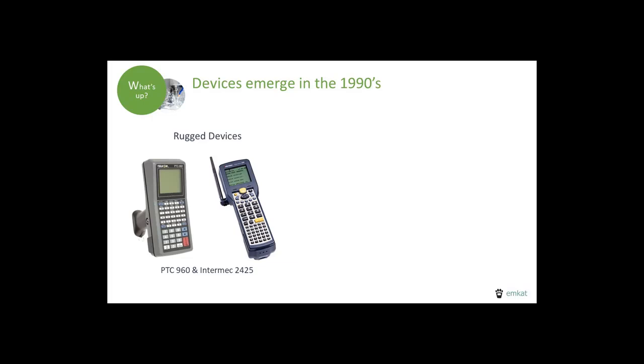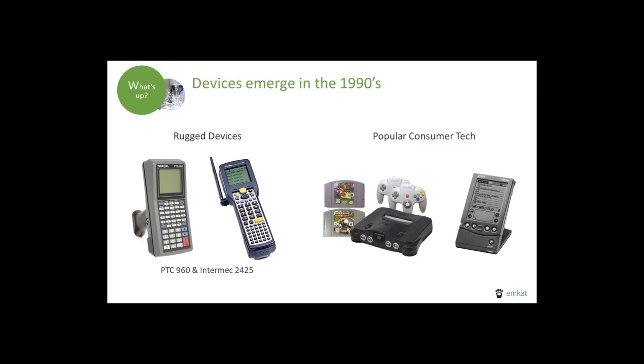Let's look at some of the other popular technology around that time. The Nintendo 64 had just been released. Maybe you remember playing Mario Kart or Super Mario around then. Also, the first ever Palm Pilot had just hit the market. It had 128K of RAM, but could later be upgraded to 1 meg if you were willing to replace some of the internal hardware.